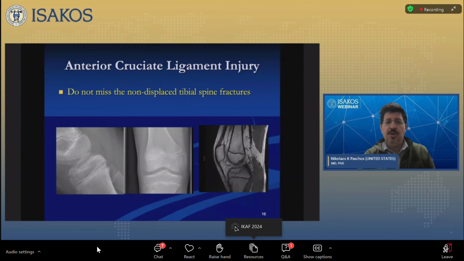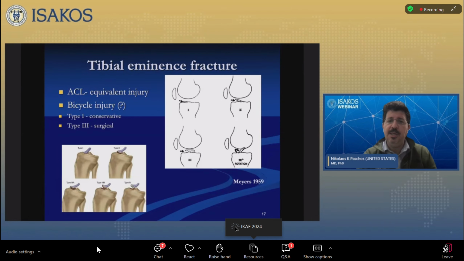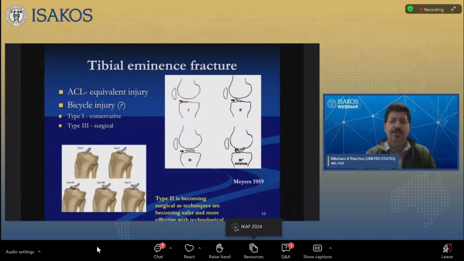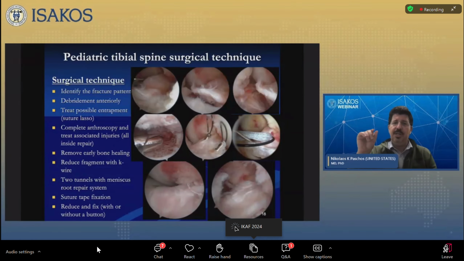Last thing, I'm not going to go into anything, but in the era of ACL repair, I think it's an obligation to describe this technique that essentially is a technique of the tibial spine avulsion, because you see these very, very often in these kids. And essentially, this is the bone that is flipped up, and you have to clean the bone. I use 2 tunnels with loop sutures, and I pass a tape, and then I adjust that ACL down, and I make sure that that line is